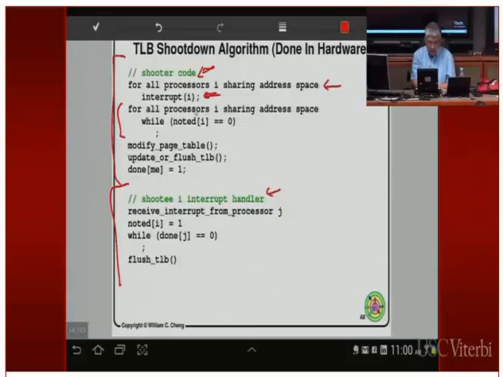So therefore it goes there for all the processors sharing the address space. You want all of them to acknowledge that they are in that nice place. So you check this global variable called node.i. Make sure that they all know that you are doing a shoot down. So you are initiating a shoot down. You want all of them to say that I have noted that a shoot down is in progress. So therefore they will stop whatever they were doing. And then when all of them are synchronized with you, they all noted that you are in progress,